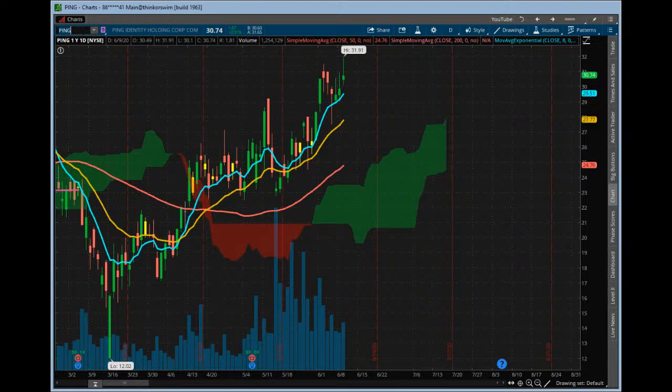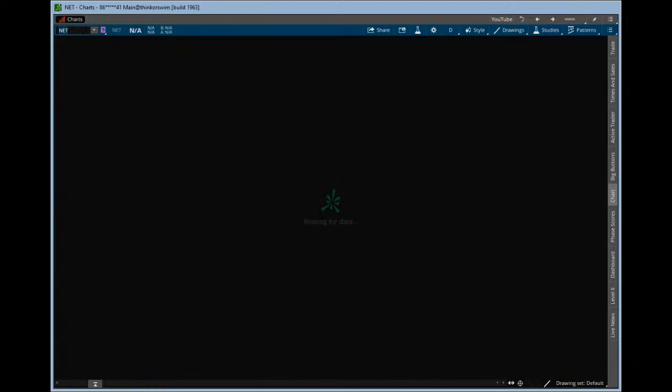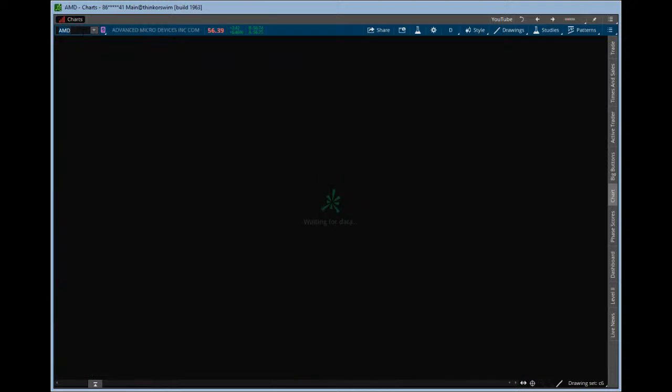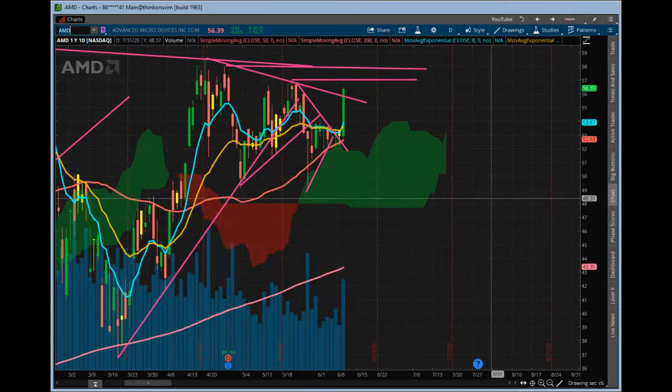And then NET. Hanging in there. Wow, really super duper choppy on this one. But it did give a move, a little bounce off the 21 day on that one. So good. The next, yeah, AMD, so strong. Wouldn't be surprised for a little bit of consolidation on it, but it is drifting up nicely after hours. So let's see if we can continue. I love the inside week up on that.